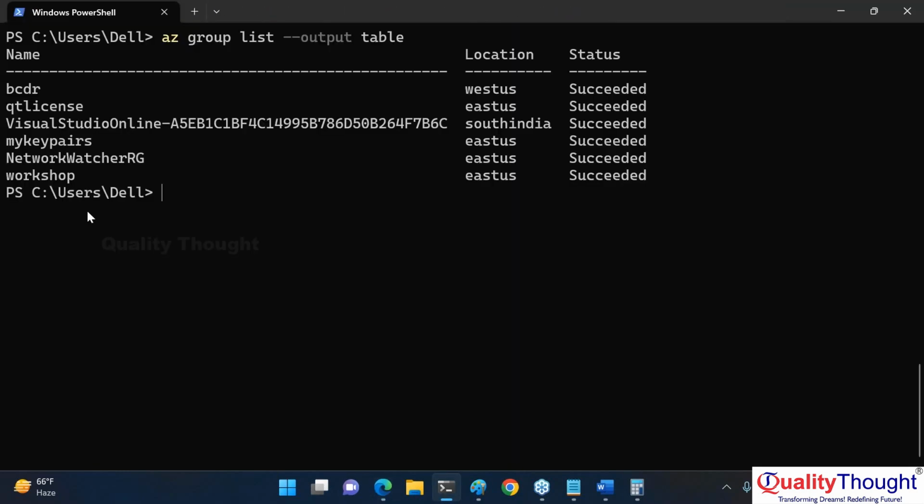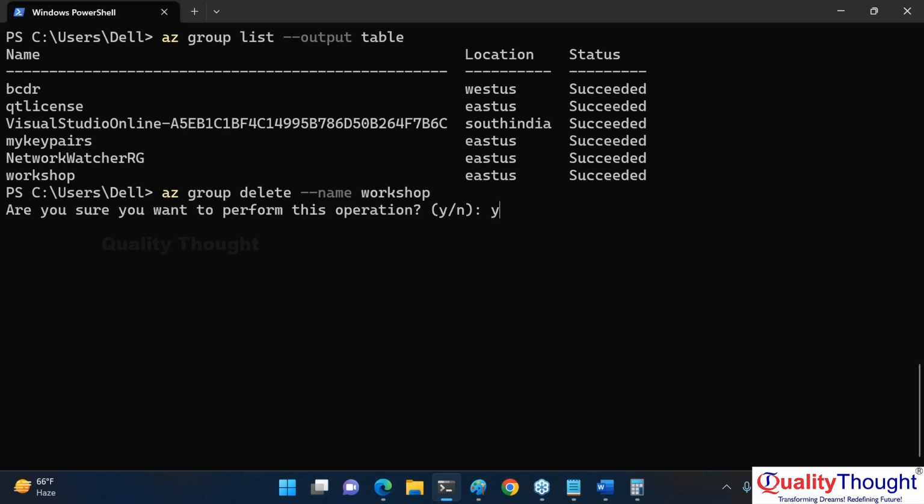So, am I not getting the same thing? If I want to do any operations, am I able to do the things from here?